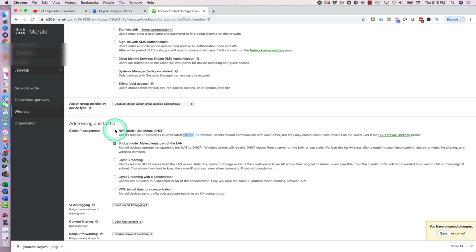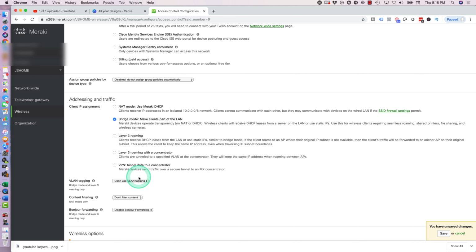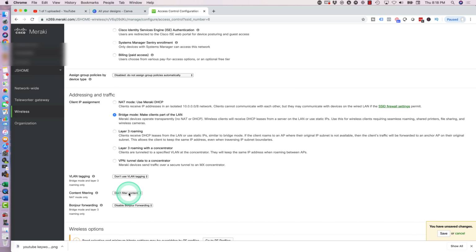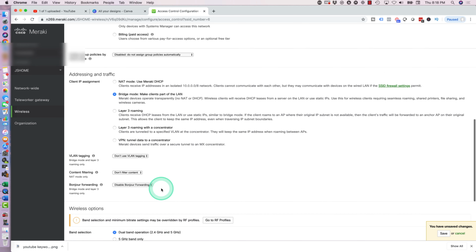If you're not sure, select this. I would say it's a toss-up, but if it's a guest network and you're just using it for guest Wi-Fi, use this to be on the safe side. If it's connecting to your existing network, click on the bridge. Now VLAN tagging, more advanced stuff, I'm not going to go through it. Content filtering you can do, but